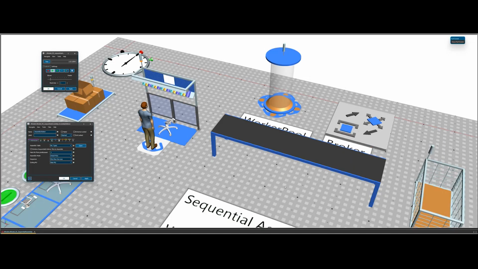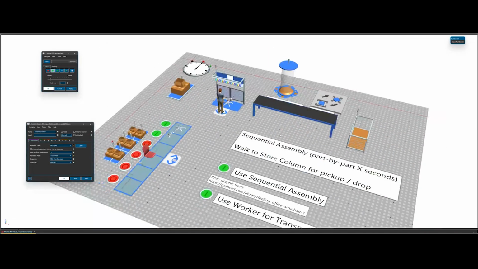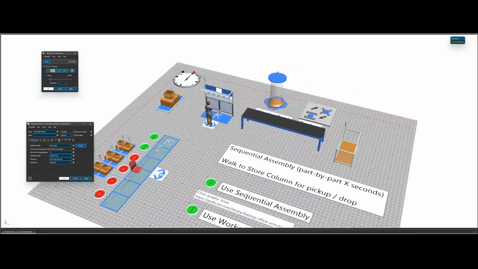So obviously it's a very different behavior if I would tell him to first collect all the 6 parts and then spend 30 seconds, or bring 1 part, spend 5 seconds, and then check if the second part is available or not, spend 5 more seconds.